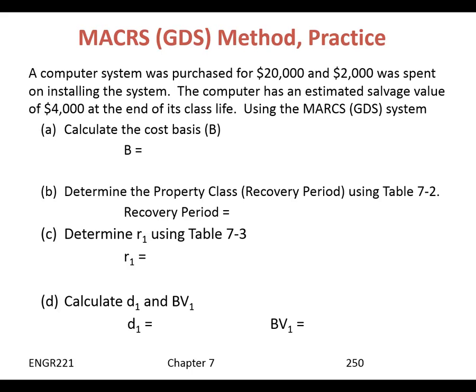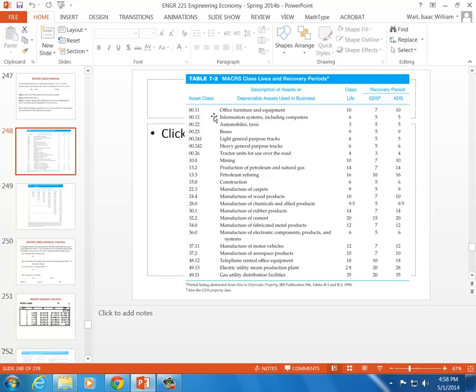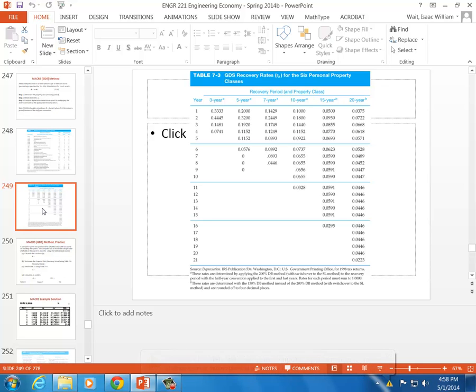All right, so actually, do I have this on a table? Oh, okay. The computer equipment, if we go here to this table, you look through computer information systems, including computers. And so it has a GDS recovery period of 5 years. And so we'd go to the 5-year schedule, and it's hard to see there, but I'll write it down. 1, 2, 3, 4, 5, 6. And that's the weird thing, that the 5-year recovery period actually has 6 years of depreciation listed, because they give you half an allotment in the first year.